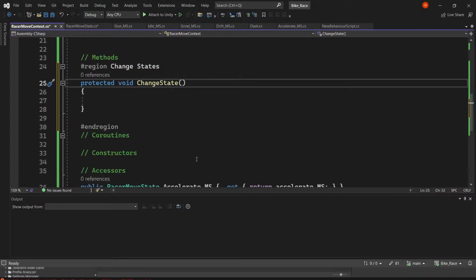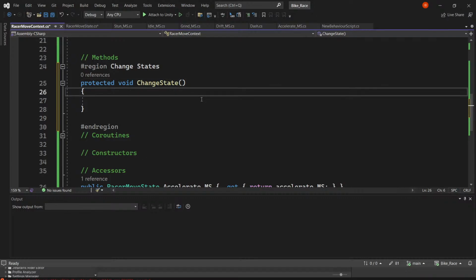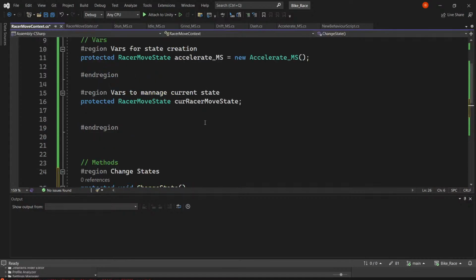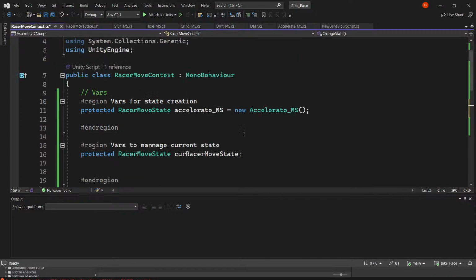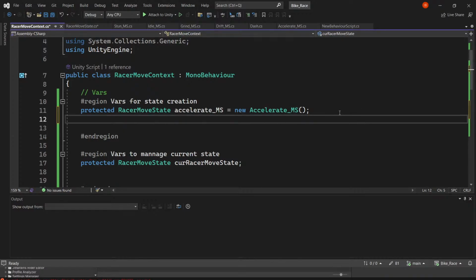So we change state, we change coroutines, we change constructors, we change accessors. Change state. Change state occurs when we need to change state, runs into this. So I need to change from accelerate. Let's just add another one. So we got some more. Protected, race mover stat, don't need move, we need